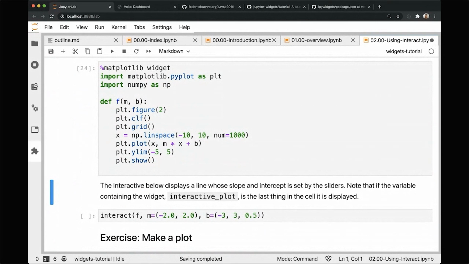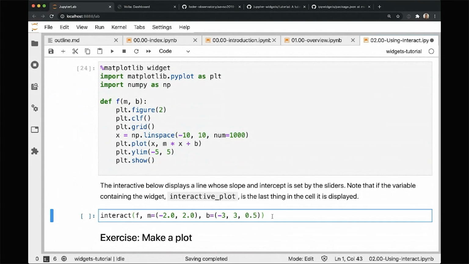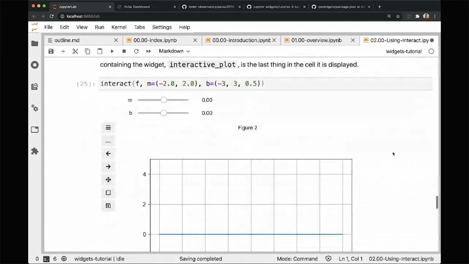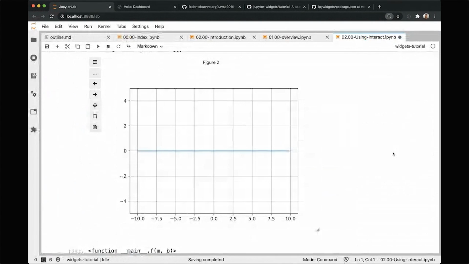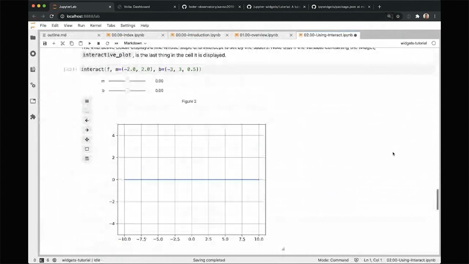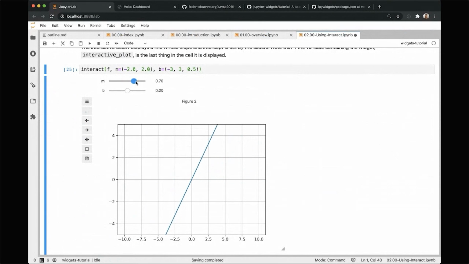So I can make this interactive. I need to scale things down a bit so we can see it all. As I change the slope, the function updates. As I change the intercept,